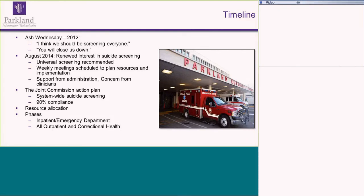Really importantly, we had excellent support from the beginning from our physician leadership, nursing leadership, and our C-suite administration. So what we wrote in our Joint Commission Action Plan in response to that finding was that we planned to implement system-wide suicide screening, and we expected 90% compliance with that screening, which in retrospect was a fairly ambitious goal of ours